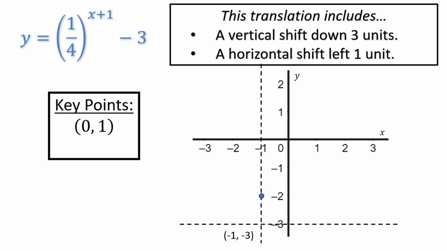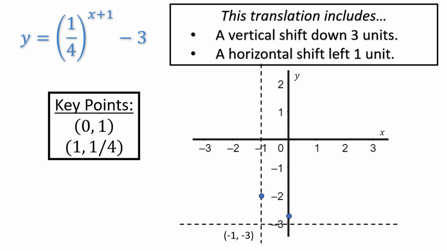We will also have an asymptote just like before, but it won't be the x-axis, it will be the new pretend x-axis at y is equal to -3. Typically, we also have the point 1, a on any exponential graph, which in this case would be 1, 1/4. We draw this point, not from the origin, but from our pretend origin of -1, -3. So if we move 1 unit to the right, and then 1/4 of a unit up, we'll have a new